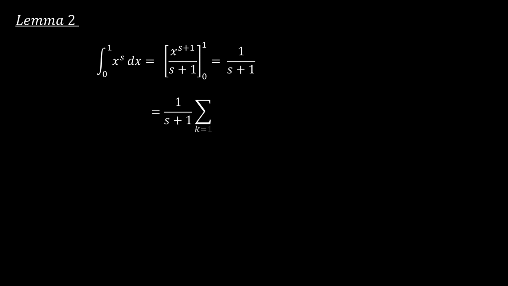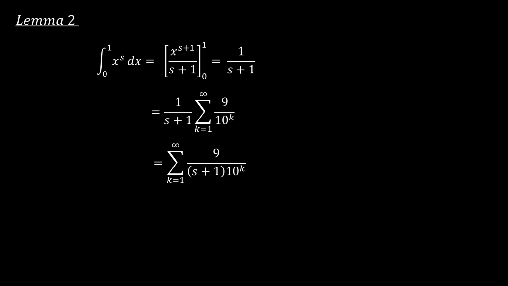So the second lemma here, when you have x to the power s integrated from 0 to 1, this is the same as x to the power s plus 1 over s plus 1 from 0 to 1. And so that is equal to 1 over s plus 1. The next thing is, since this answer is the same as 1 over s plus 1 times 1, and we know that 1 is equal to the summation of 9 over 10 to the power k, from k equals 1 to infinity, we can pull s plus 1